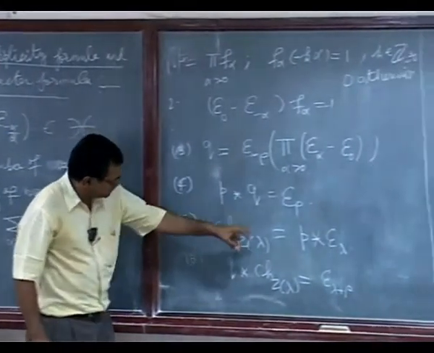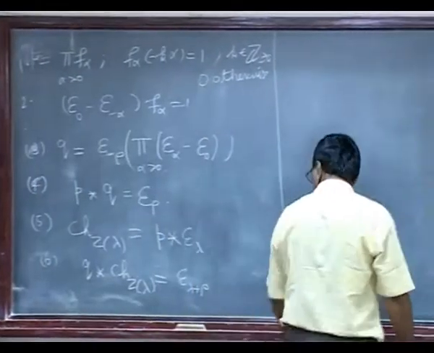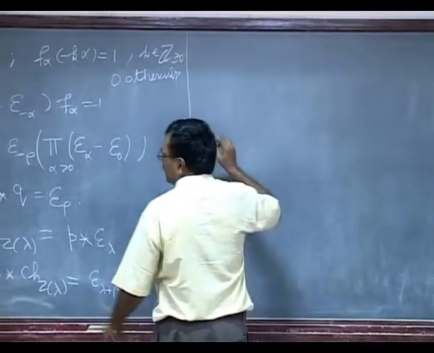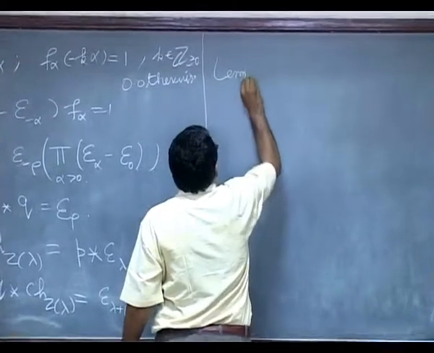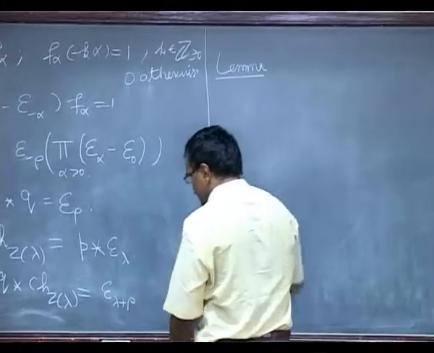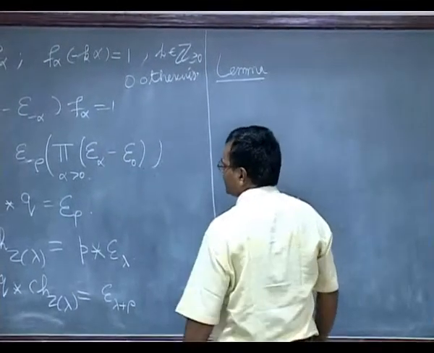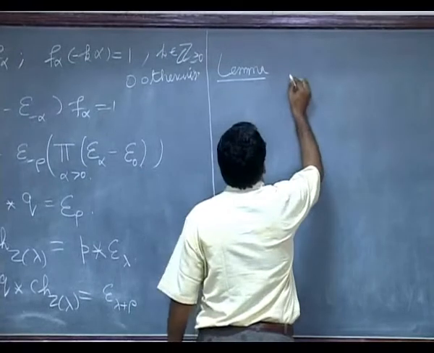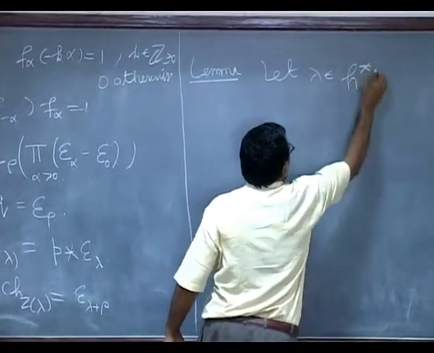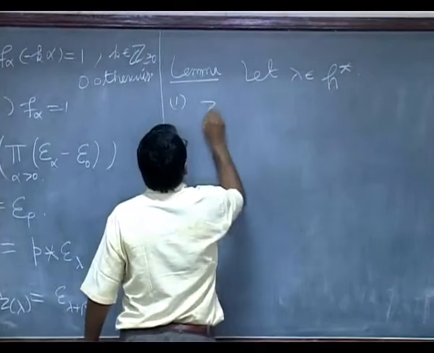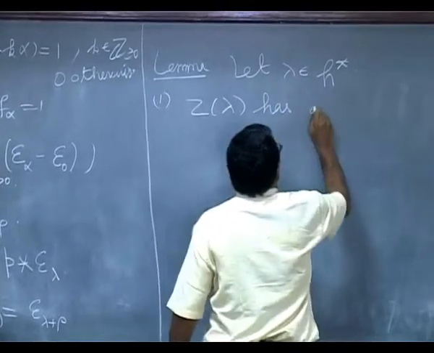So, Q star P star of that, which is that one. So, now we prove one lemma, and in the second lemma we use these things to deduce the first, of course, both formulas will come. So, lemma 1, the first thing is that let lambda be the star, then the first thing is Z lambda has a composition series